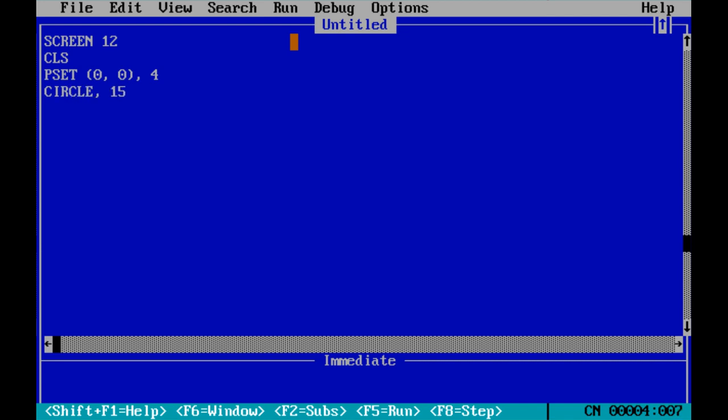Circle, x and y coordinates, 200, comma 200, comma radius, comma color.